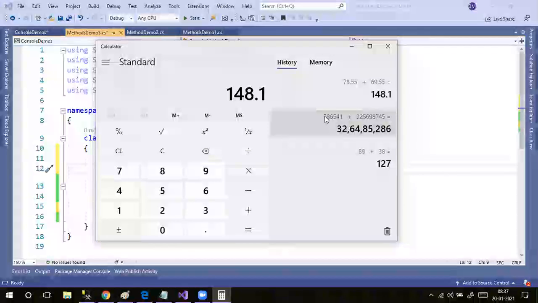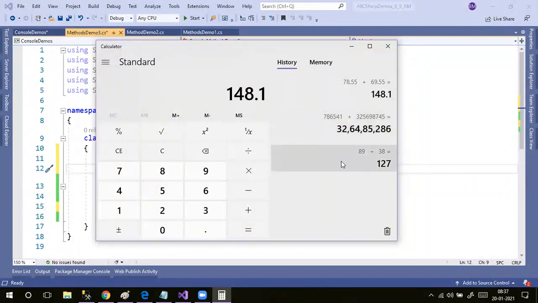If you observe, the same plus symbol is adding different types of numbers, isn't it? So how is this possible? This is possible with the help of